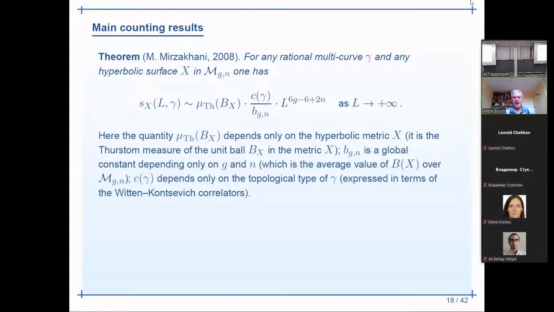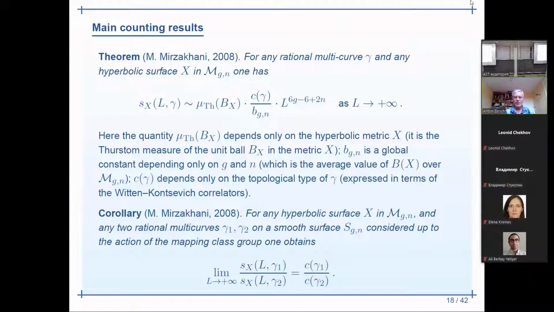Now my pathetic admiration of the coefficient should be justified. So suppose that we're counting two topological types, as in my example, for example, separating and non-separating simple closed geodesics. We can count both, we can take a ratio, and we can pass to a limit when L tends to infinity. This structure of the coefficient shows that if you take the ratio and pass to the limit when L tends to infinity, the only thing which survives is this C of gamma 1 in the numerator and C of gamma 2 in the denominator. And it implies that to count